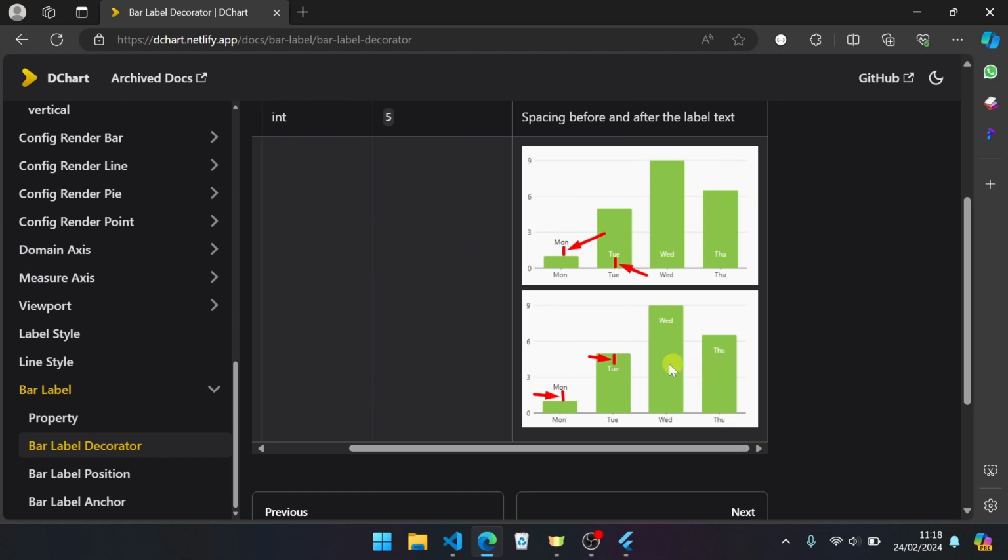But if auto, the padding will be the space between the label and the bar item if the label is outside the item bar.